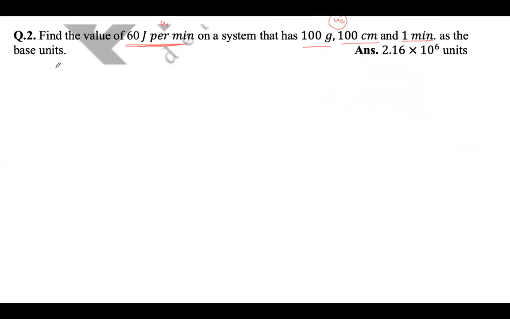60 जूल पर मिनट को हम लोग को 100 ग्राम, 100 सेंटीमीटर और 1 मिनट में कन्वर्ट करना है, और उसमें निकालना है कि कितने यूनिट्स उसके होंगे, N2 का वैल्यू निकालना। फॉर्मूला हमारा था N2 इज इक्वल टू N1 (M1 बाय M2) रेज टू द पावर A, (L1 बाय L2) रेज टू द पावर B एंड (T1 बाय T2) रेज टू द पावर C। ये हमारा फॉर्मूला है। अब इसमें वैल्यूज डालते हैं हम लोग।